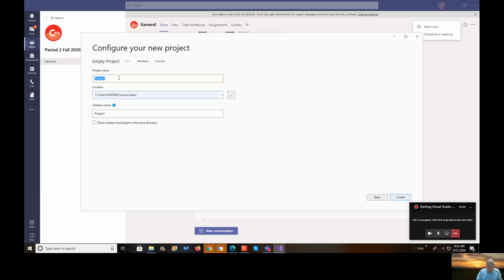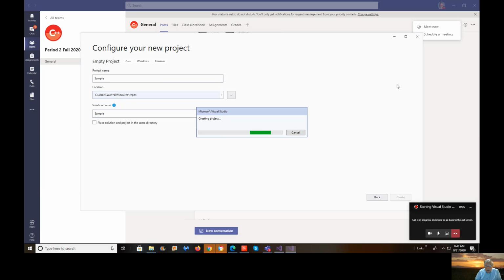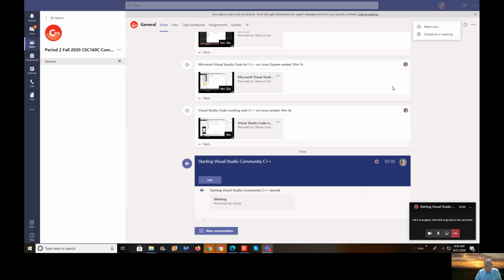Then I'm going to give it a name like sample. And I'll just allow it to be put into this location. And I don't want to place the solution in the same directory. So I'm going to create it. It takes a while to create. And when I have the project up, then it'll be a totally empty project